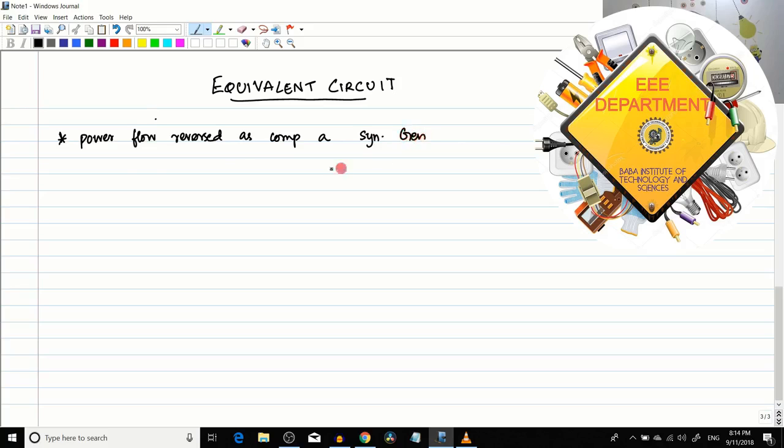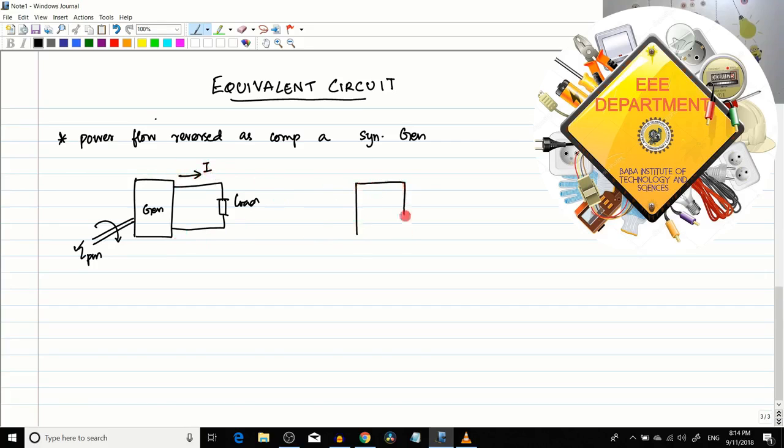So if you had a synchronous generator here, and you are providing input power by means of a torque, which is the prime mover torque, and you had a load here. Synchronous reactance, armature resistance, everything is coming inside this box. So this is your load. The current direction was like this, so the current was coming out of the synchronous generator.